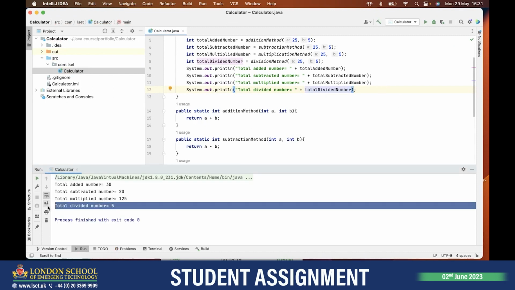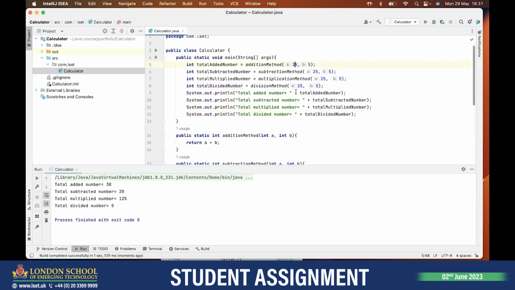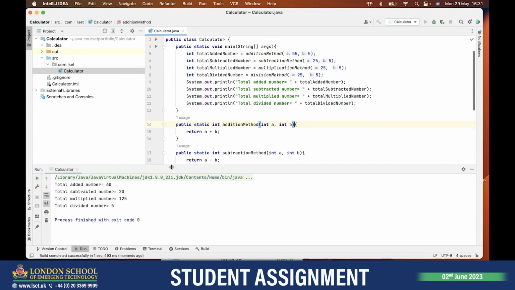We can see that the total divided number equals 5. Now if I wanted to amend any numbers, then I can just amend them here, run the code, and it will be